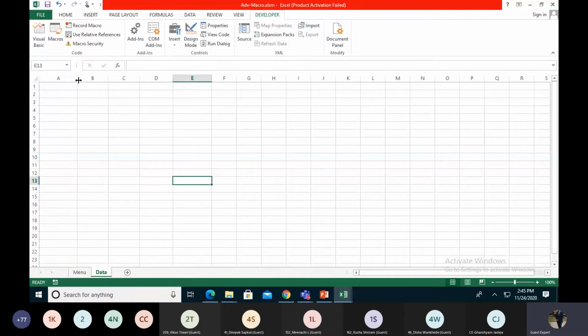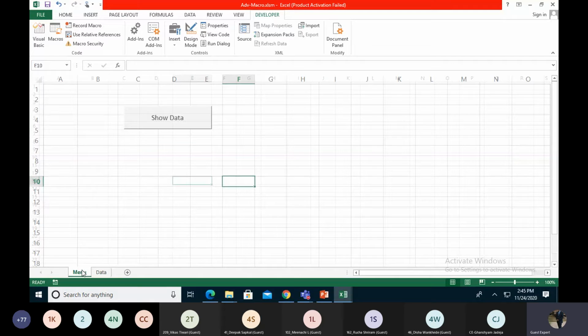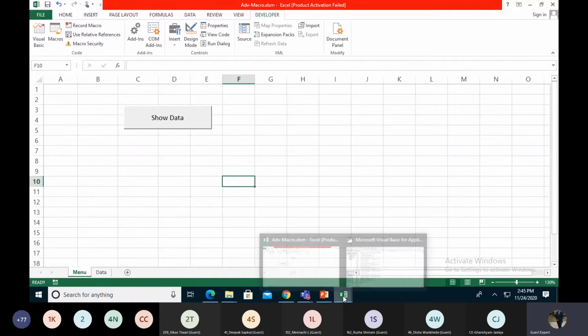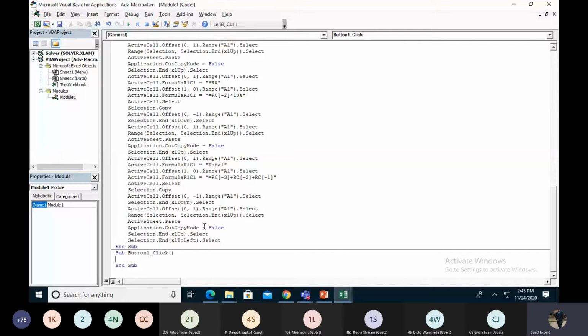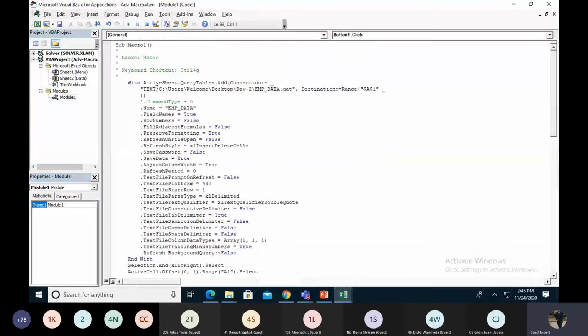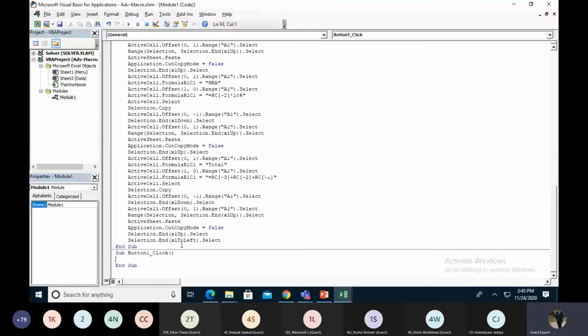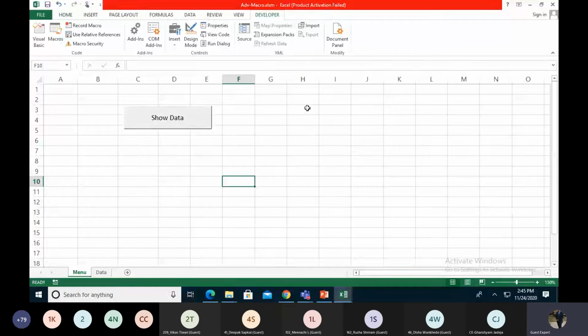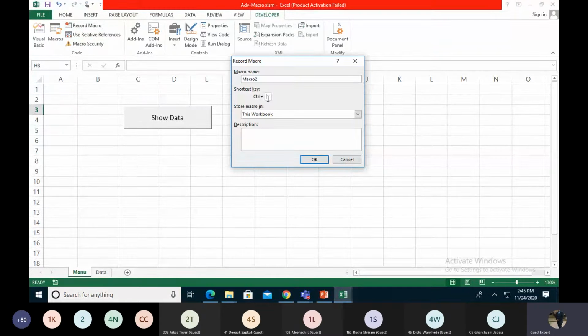So for that reason, we go into Visual Basic mode. Over here, I want to call this whole macro from this button. Okay. I already wrote this macro and I want to add it to this button. So first of all, I'm creating a simple macro to understand what kind of code I need. I'm selecting any cell, just like this H3 cell, going to Record Macro, giving it the shortcut key T, and running it.